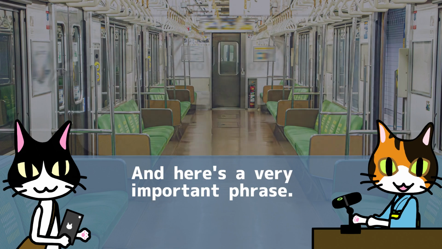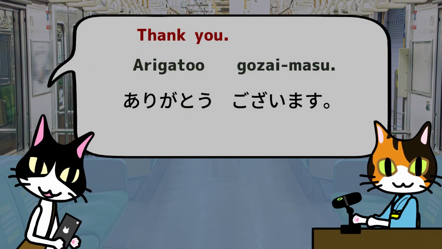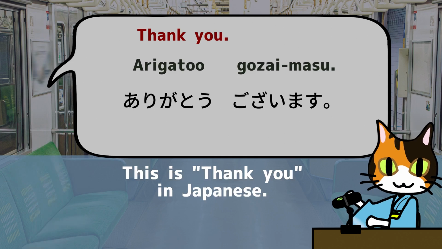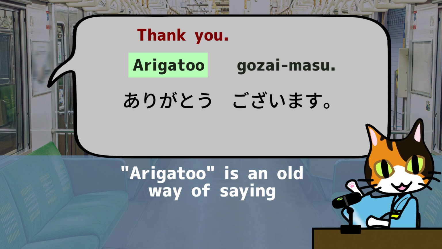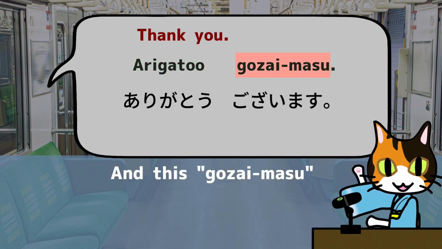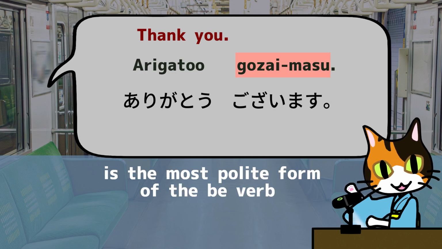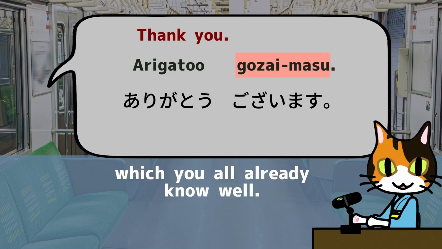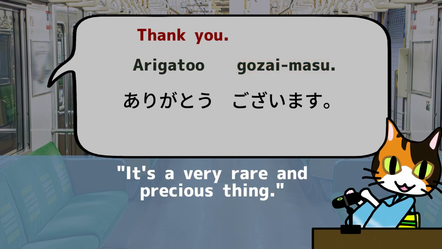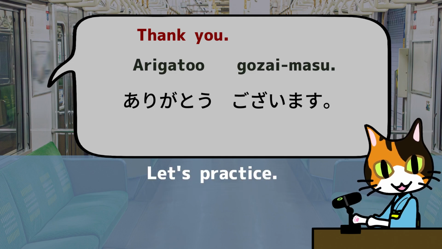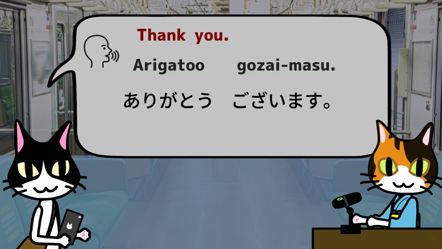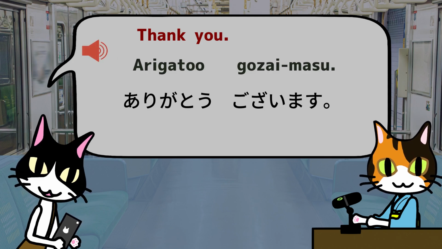And here's a very important phrase. ありがとうございます。This is, thank you, in Japanese. Arigato is an old way of saying, rare and precious. And this, gozaimasu, is the most polite form of the be verb, desu, which you all already know well. So if you translate it literally it would be something like, it's a very rare and precious thing. Let's practice. ありがとうございます。